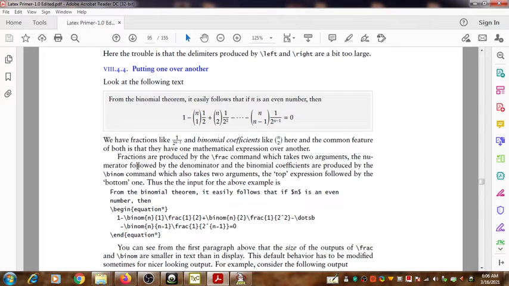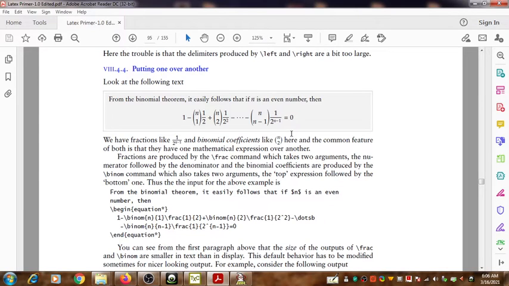Here in this video we are going to see the topic of putting one expression over another. Look at the box, the output. Look at the material available in this box. And this is the running matter, but